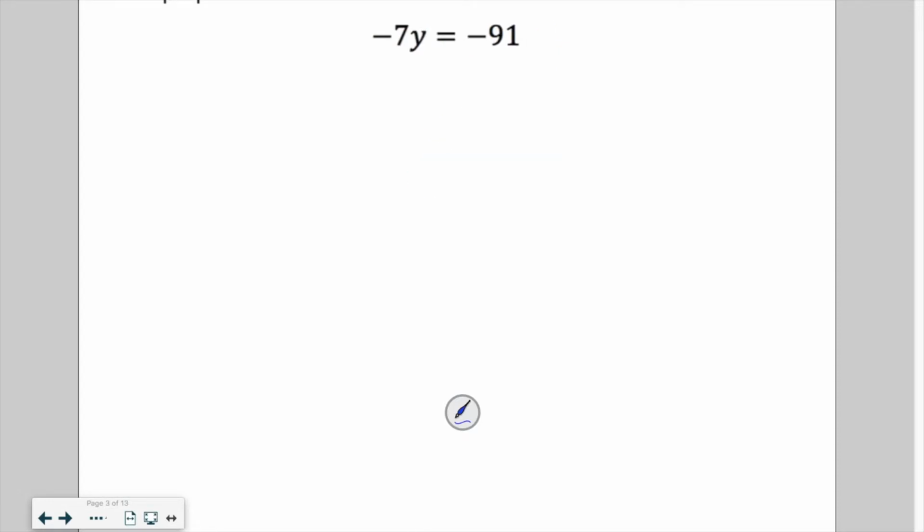And the next one, now we're talking about multiplication. So the opposite of multiplying is dividing. I'm going to draw my line again. This time, instead of adding or subtracting, we're dividing to get rid of it, because whenever you have a variable and a coefficient next to each other, that means they're multiplying. So I just draw a fraction line, and we're going to divide by whatever's not y. Right now that would be negative 7. And if we do that to one side, we have to do it to the other,